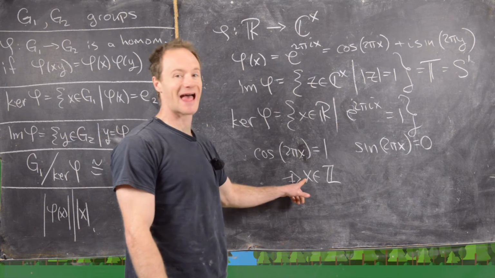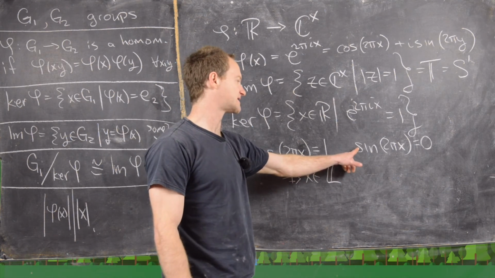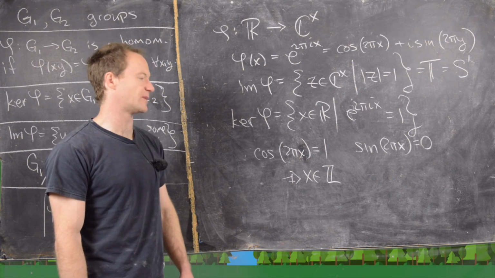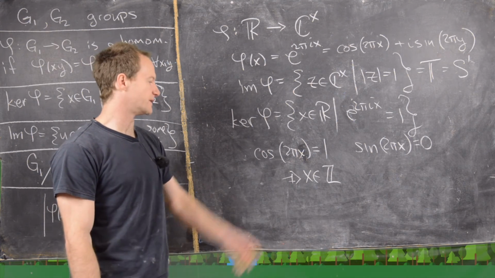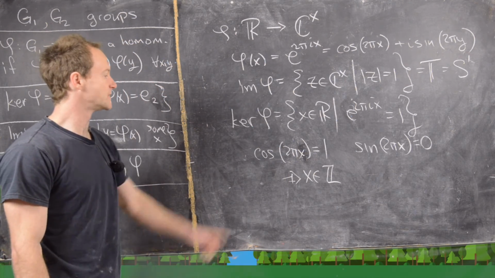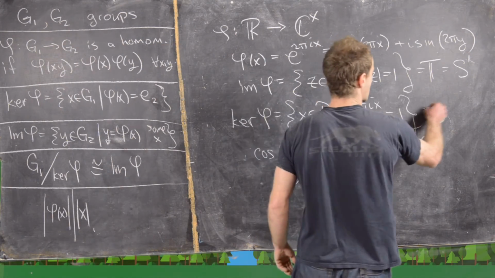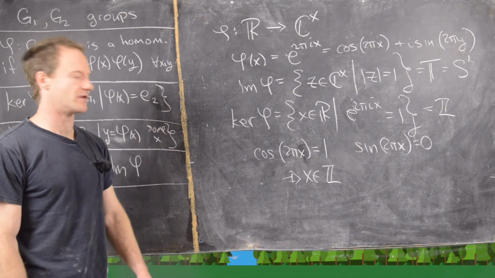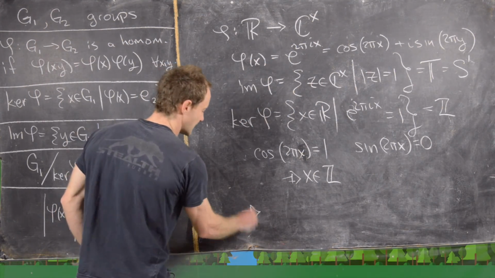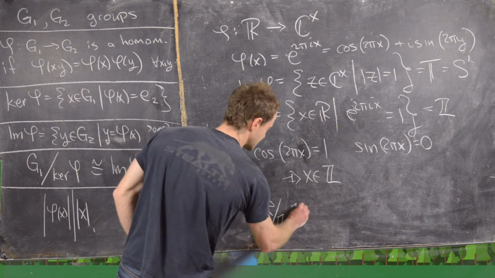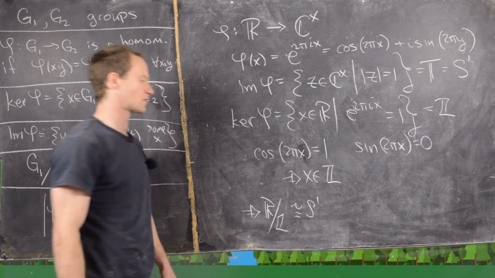Notice all integers are going to satisfy this, but everything that's not an integer will not satisfy this. Notice if x is a half integer, we'll get that sine of 2 pi x is equal to 0, but we'll get cosine of 2 pi x equals negative 1. So we need x to be an integer in order to satisfy both of these equations. So what that tells us is that this kernel is equal to the integers inside of the real numbers. And so what this gives us is that the real numbers mod the integers is isomorphic to the circle group